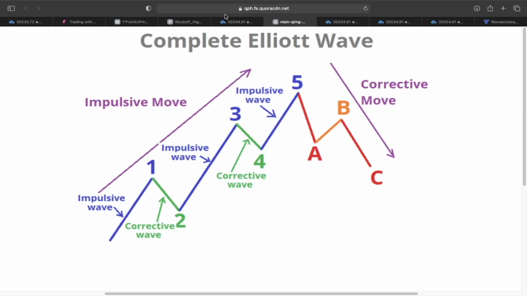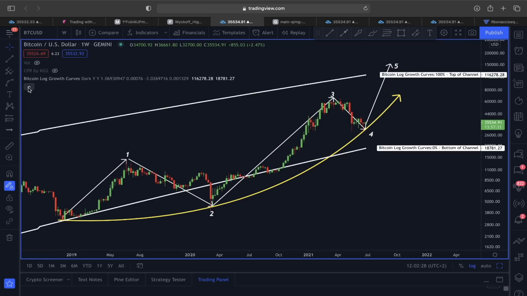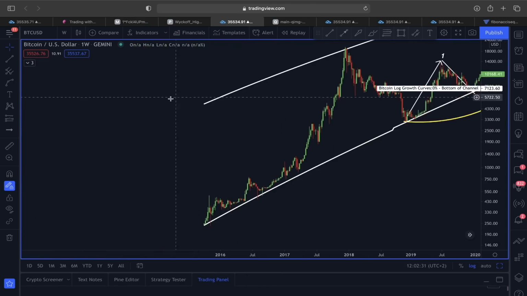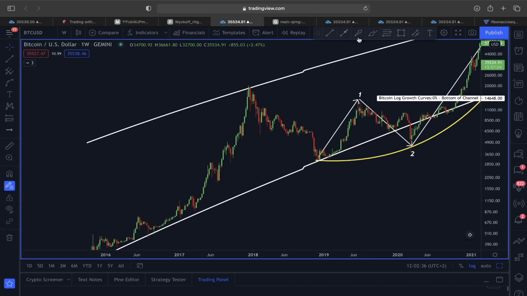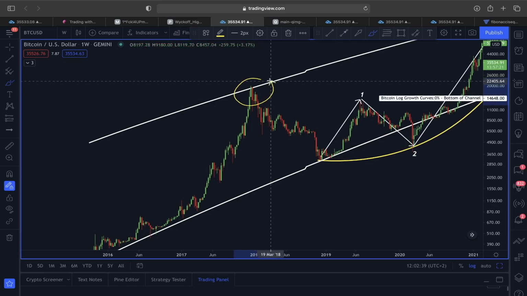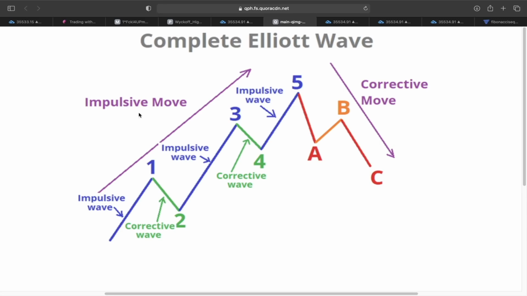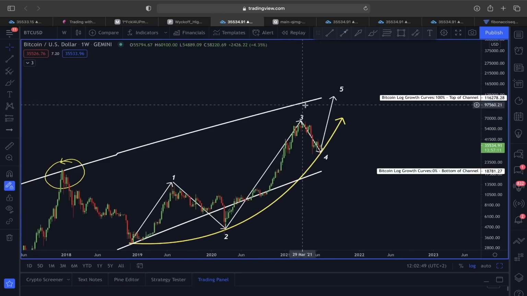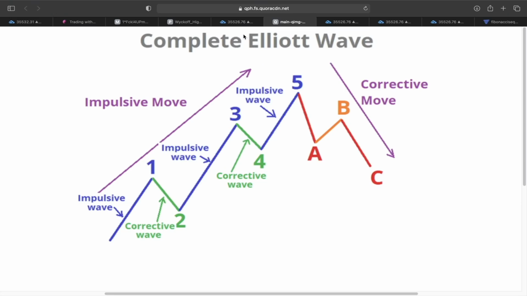So if this 1, 2, 3, 4, 5 impulsive move from Elliott wave theory plays out, then this Bitcoin logarithmic growth curve could also make sense, because we have said that every time we have seen price showing any sort of rejection or correction, an actual trend reversal only happened after reaching the top of the channel. So if this plays out as an impulsive move from this Elliott wave, then we could end our journey only after reaching the top of this Bitcoin logarithmic growth curve, which could bring Bitcoin above 100,000 price levels. So, guys, let's see how this impulsive move, this wave 5, is going to play out for Bitcoin,